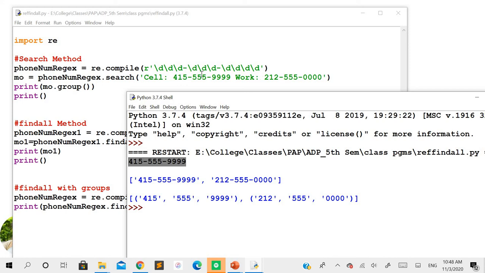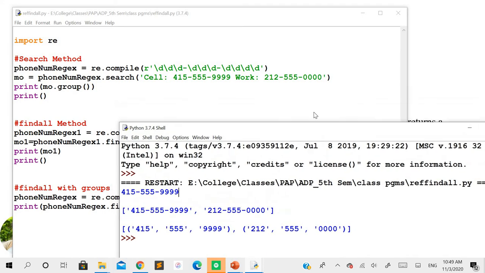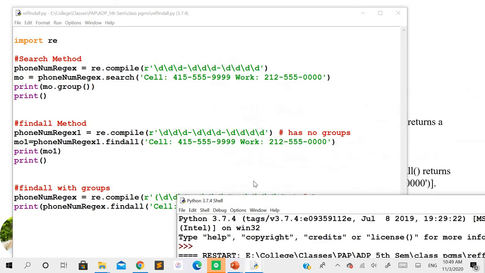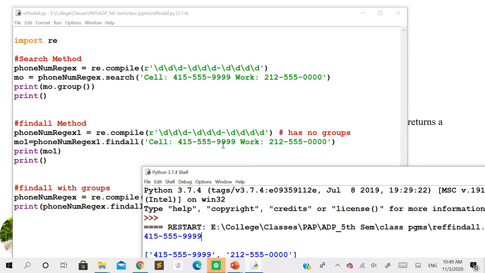In this input string, you have two values to be matched for the pattern that you have defined. But as a result, if you use the search method, it is only going to give you the first matched value to be displayed. So we'll see what happens for the same example if we use the find all method. Here you can see we have the find all method, for the same input string. If you want to observe, the input string is same and the pattern defined is same, but the difference is that here we used the search method, and here we have used the find all method.